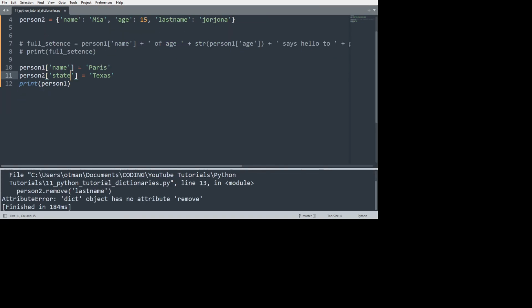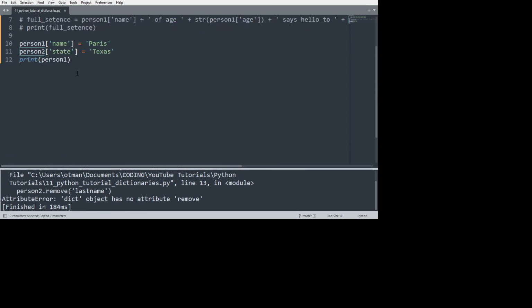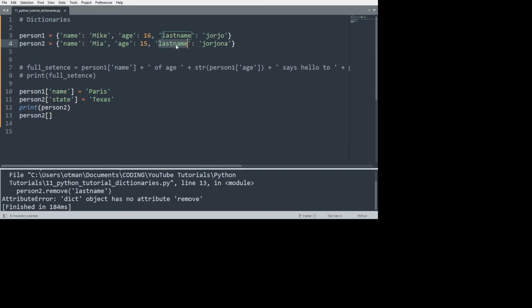And in the same way, if you want to remove an item from your dictionary, you can do the following. For example, we want to remove this last name from person 2. I just come over here. Let me print it first to see my changes before and after. And here I do like, what do I want to remove? I want to remove the last name, so here I